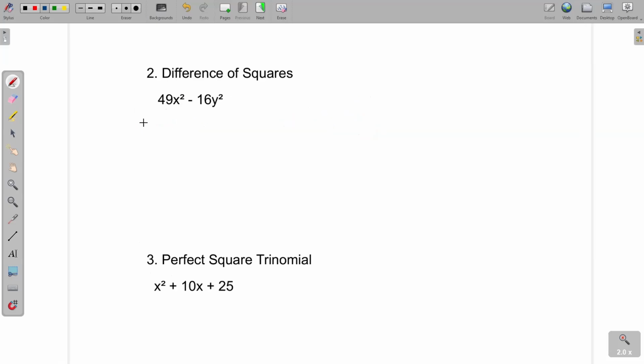This next one here is difference of squares. And so there's a very important formula to remember, which is a squared